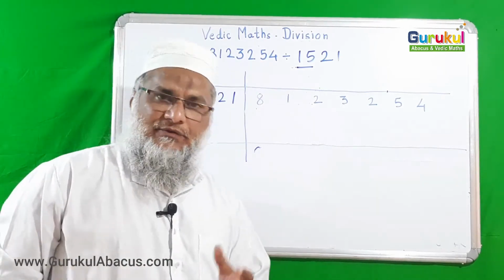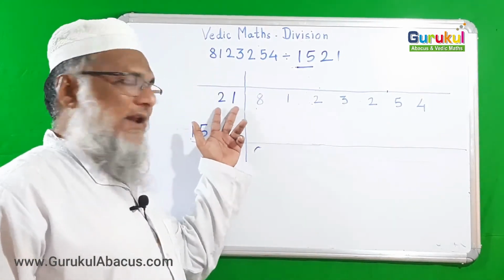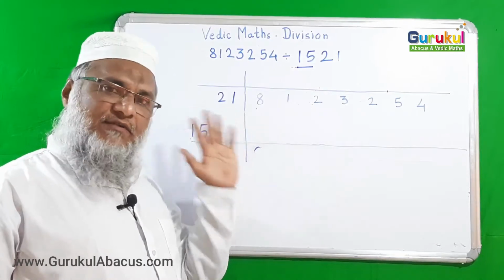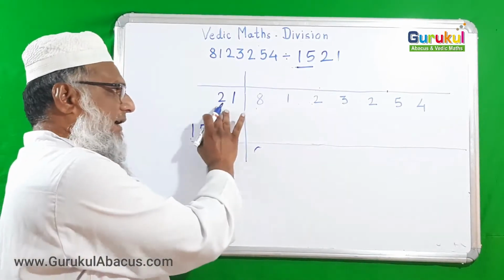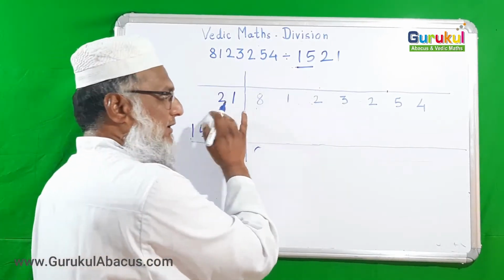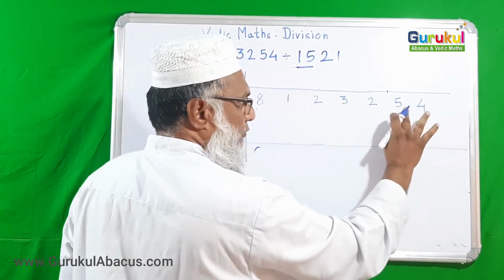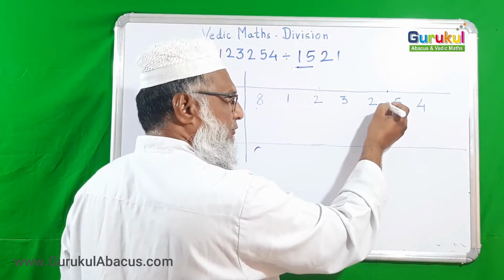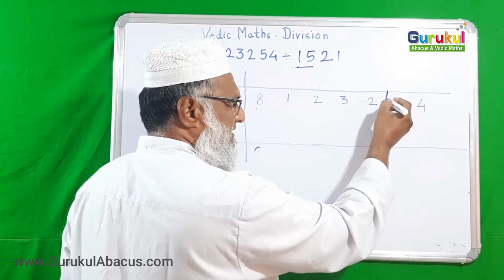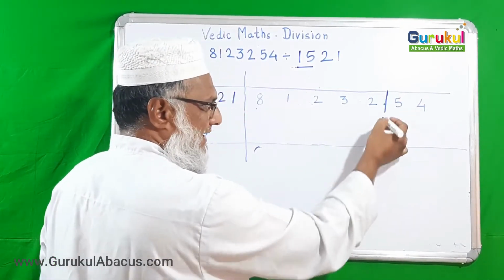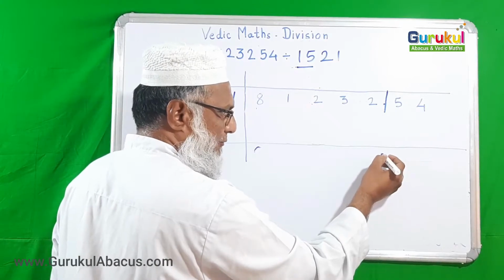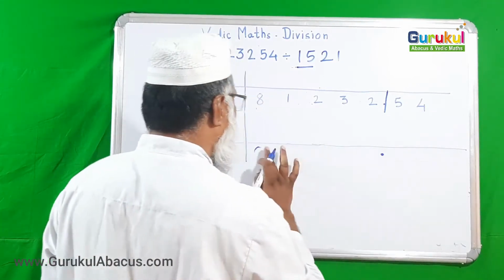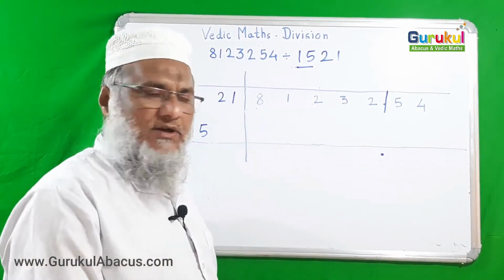So here we can observe that we have two flag digits, 2 and 1. Two flag digits we have taken for this example. From the given number, I want to keep two digits after the decimal point. So here I want to put a decimal point, but apart from it I am putting one cross line, and exactly below that line I want to put a decimal point because it is our answer section. Now we are going to solve our example.